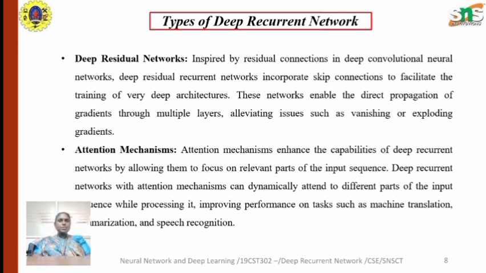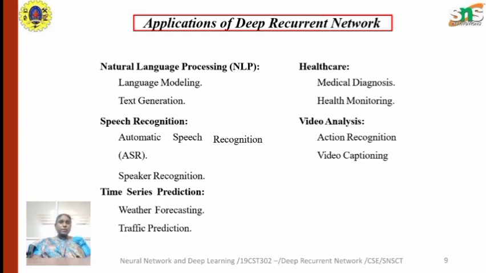We have the applications, where the versatility of deep recurrent networks leads to applications across various domains like natural language processing, speech recognition, time series forecasting, gesture recognition, robotics, and so on. In natural language processing, tasks such as machine translation and sentiment analysis can be handled, and in speech recognition you can process audio signals over time and convert them into text. In time series, they can analyze historical data to make accurate future predictions, and gesture recognition is used